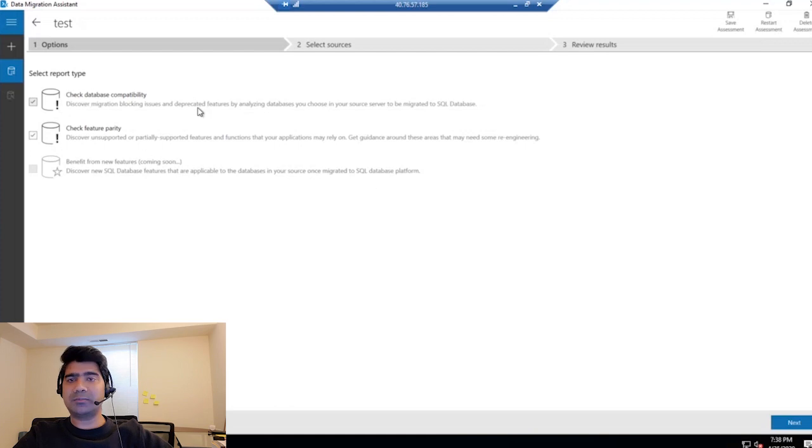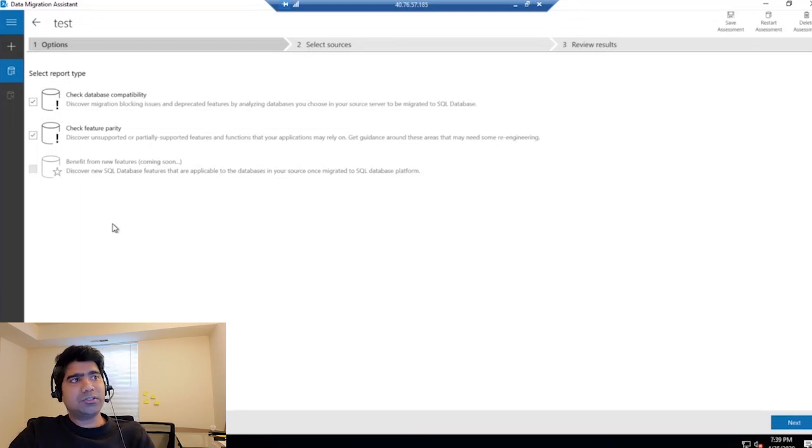Then it will ask you what things you want to check. You want to check database compatibility or feature parity. You can select either of them or you can select both. I'll go with both. And you need to understand the difference between feature parity and database compatibility. Feature parity will scan through your entire server to find out what features are there which will not be compatible on your target server or target database.